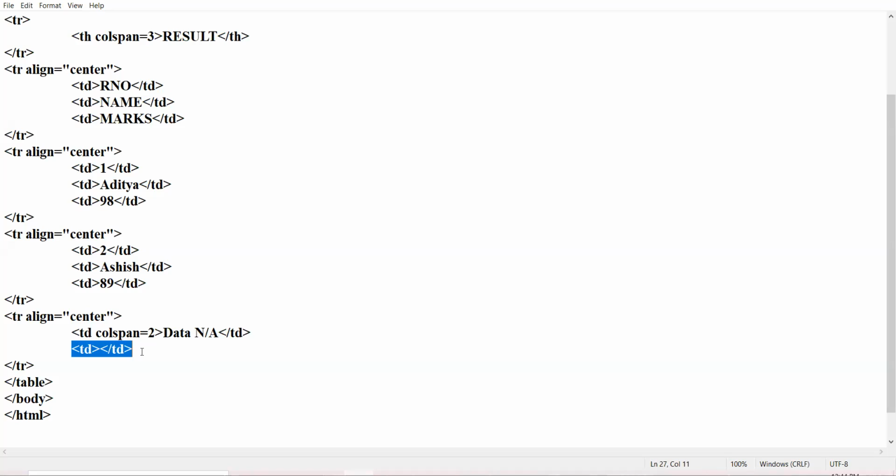I have a question. Those who know the answer, first of all, they will turn on their video, then they will raise their hand. Okay? Why have I taken only 2 TD tags inside the last row? In the others I took 3, in this I took only 2. Who will tell?